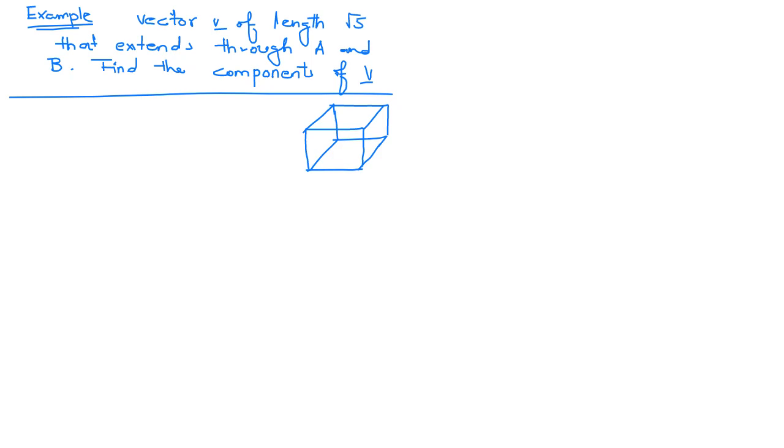This is in XYZ plane. Okay, this one is the Z plane, this one is the Y plane, and this one is the X plane. For example, this one is X, Y, and Z plane. So one point is given, that is A point, which is 0, 0, and 4. Another point is given, which is B point, that is equal to 2, 5, and 0. That is given in the question.